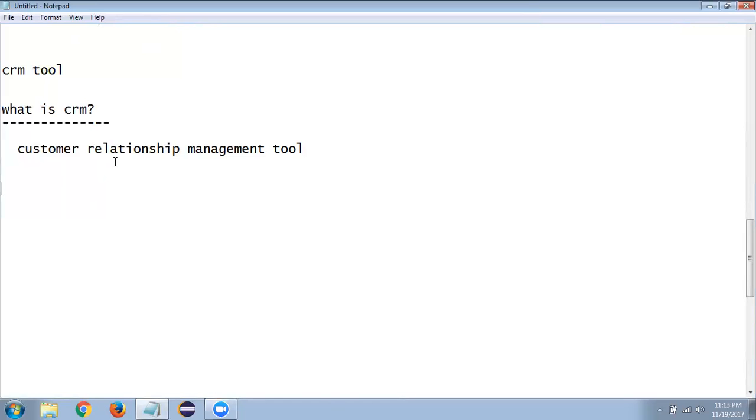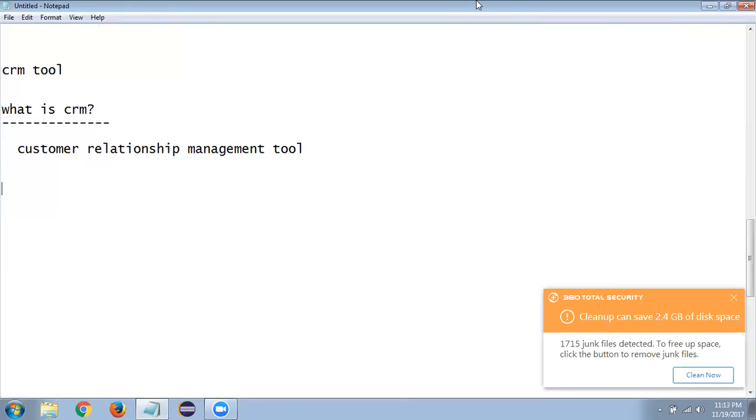CRM stands for customer relationship management. It includes some stages. First of all, CRM is holding the customer details. For example, take an organization and a sales process.